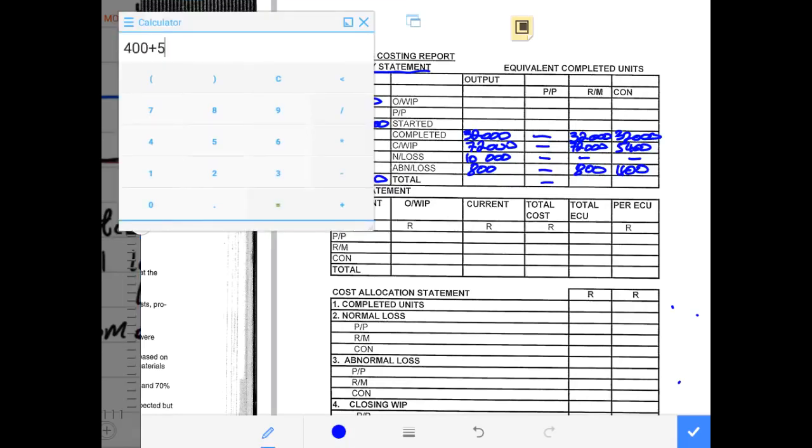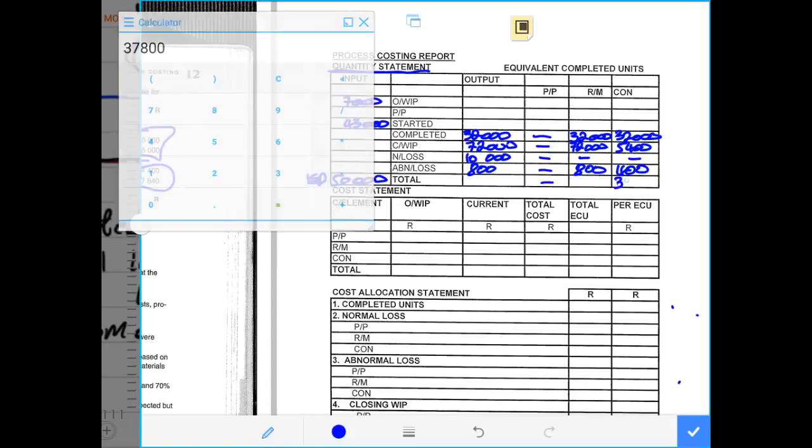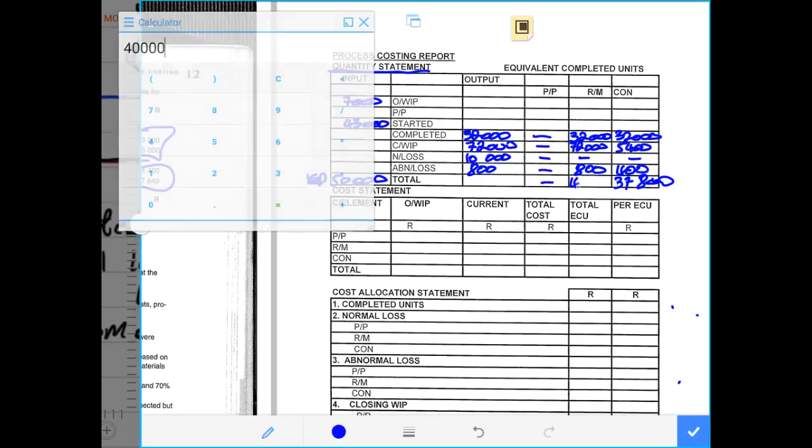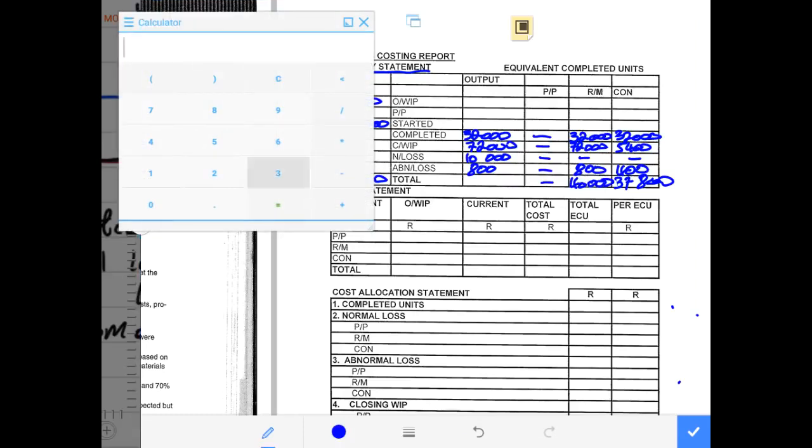400 plus 5,400 plus 32,000 will give us 37,800, which is the total partial completed units. 37,800 units. Then we say 32,000 plus 7,200 plus 800. That will give us 40,000 units under the raw material. 40,000 units. Then after that we say 32,000 plus 7,200,